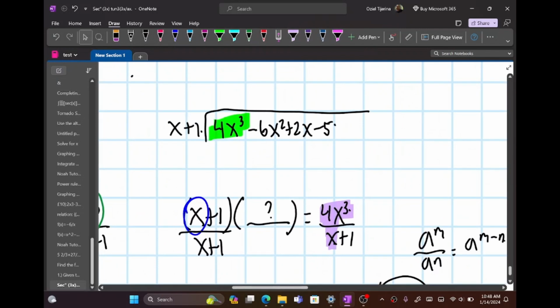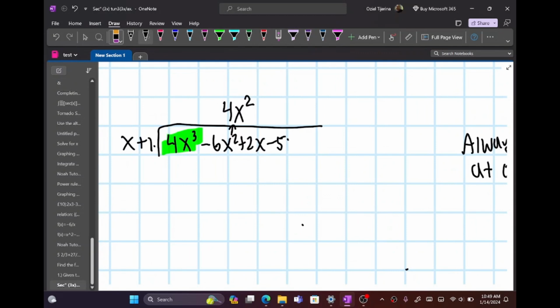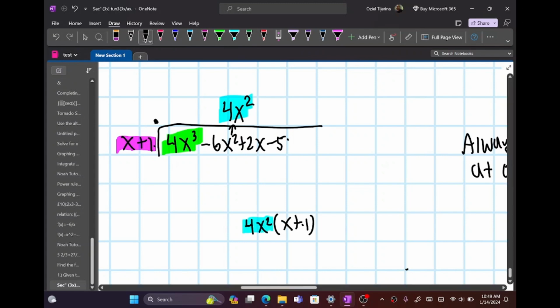into this. You always want to align it with the terms, okay? We have to multiply 4x squared to this entire thing. So we're going to have 4x squared times x plus 1. When you do that, this becomes the following. Using the distributive property, we're going to end up with 4x cubed plus 4x